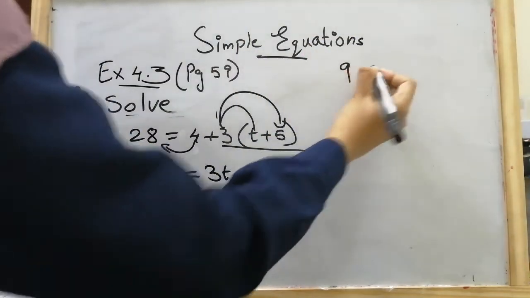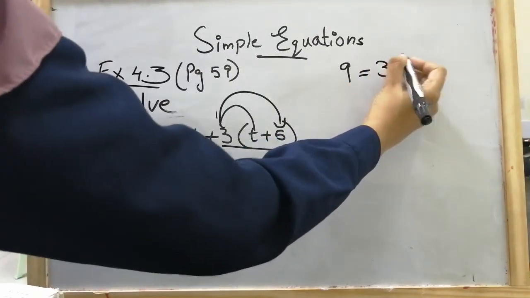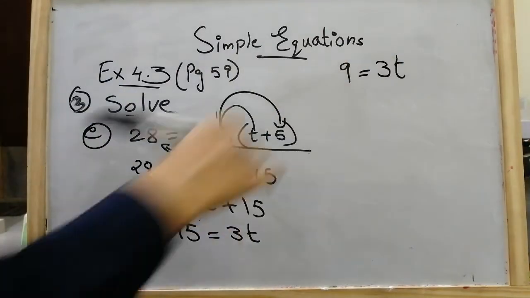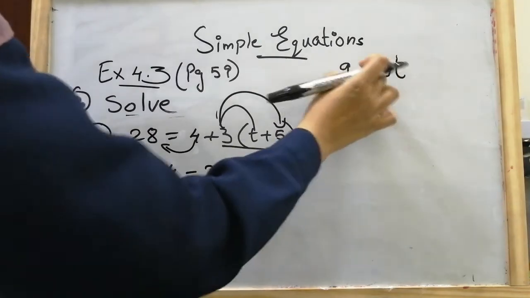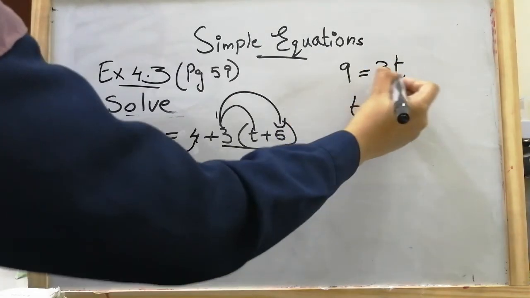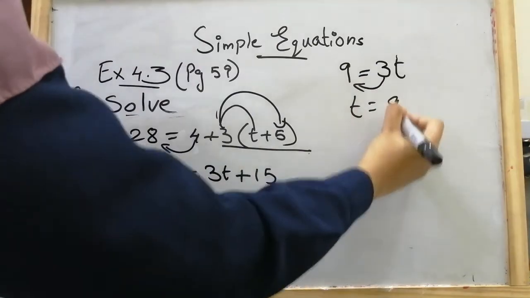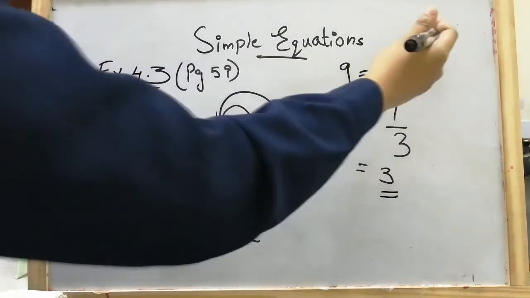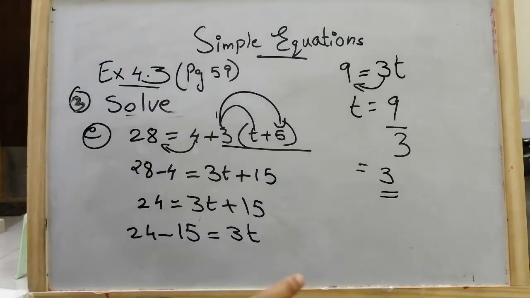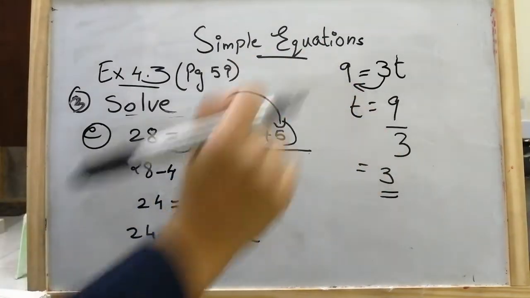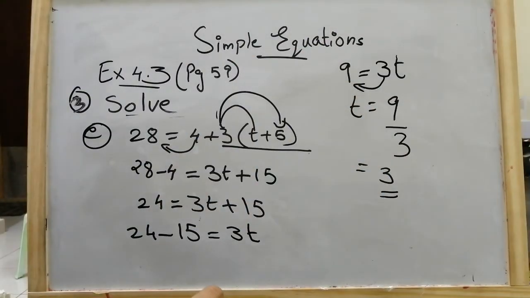9 is equal to 3t. Okay, now what is t? t is equal to 9, right as it is, and since it is multiplication, when taken to this side it becomes divide. The answer is 9 divided by 3 is 3, we know, right? Still, if you don't know, you can divide and check, of course you must be knowing. So the value for t is 3, we have got the answer. This is how we do.